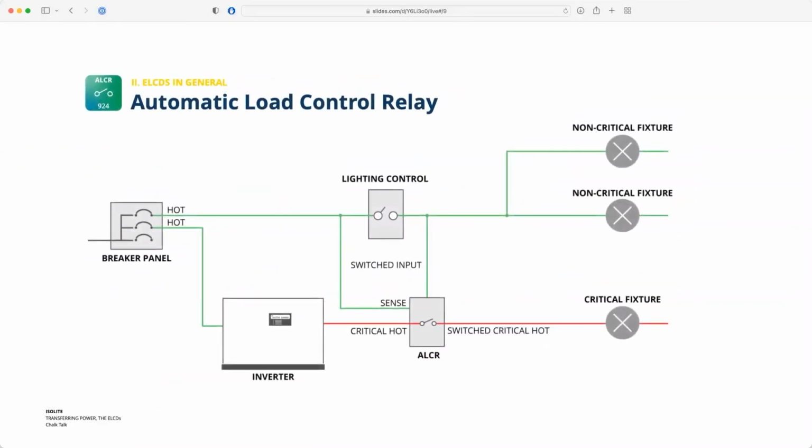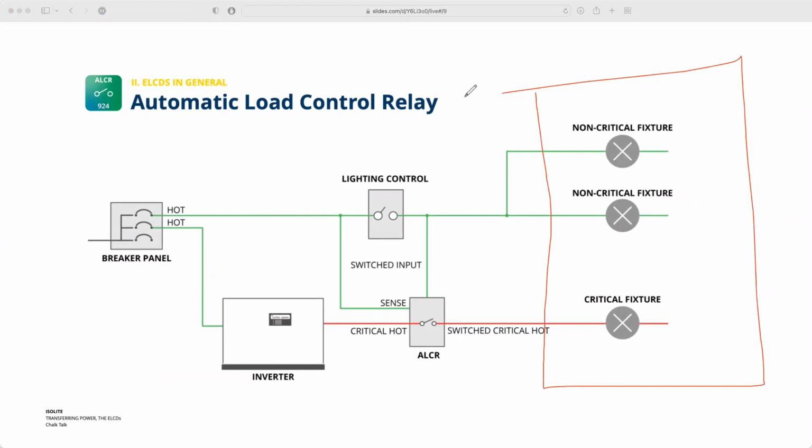And so a picture's worth 1,000 words. And so let's just jump right into it. Now, a couple things to keep in mind on this diagram. The way that this is architected is over here on the right side. This is a single zone, an architectural zone of fixtures. They're going to be controlled together in normal mode. And then there's only one critical fixture. If I sort of draw this dashed line here, there's one critical fixture here that is intended to remain on